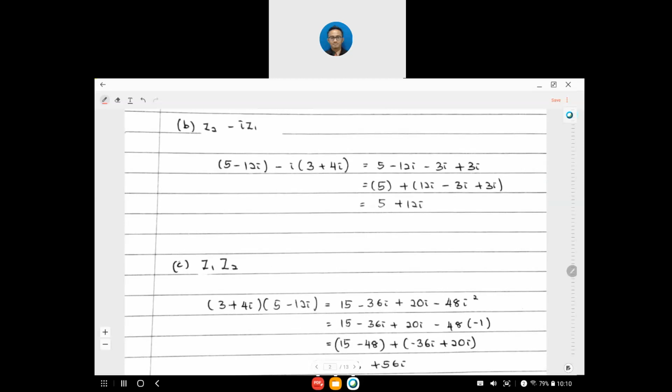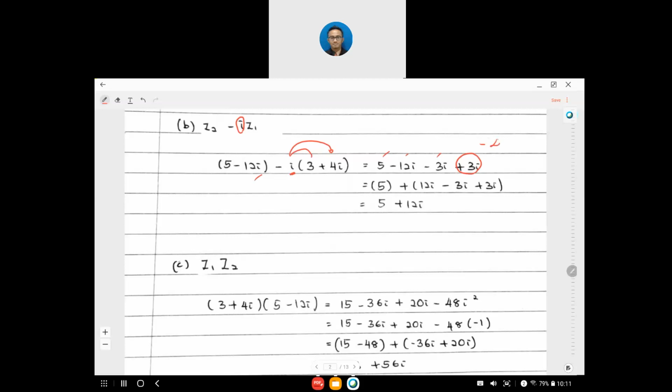Okay, and then question B, Z2 minus iZ1. So you need to times by i first. So it becomes 5 minus 12i minus i times by Z1, which is 3 plus 4i. So you need to expand this one first. It becomes 5 minus 12i minus 3i, minus 3i. So this one, what is it? This is wrong. Okay. So this one supposedly it becomes